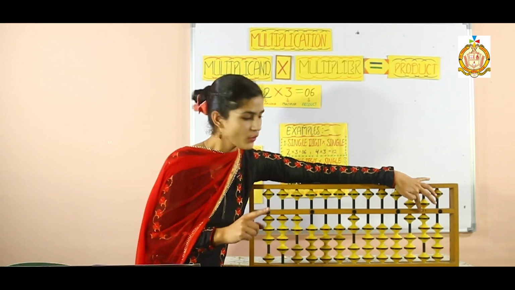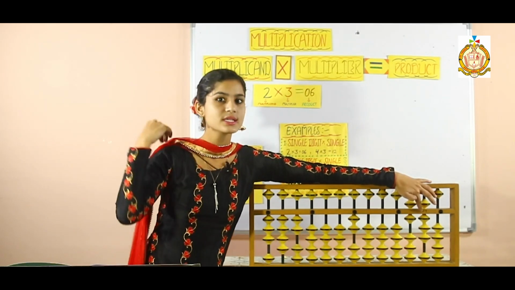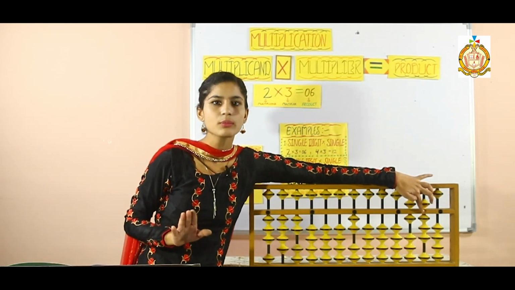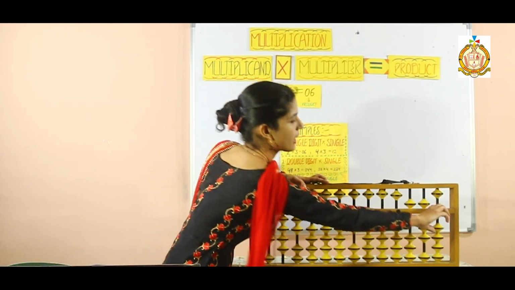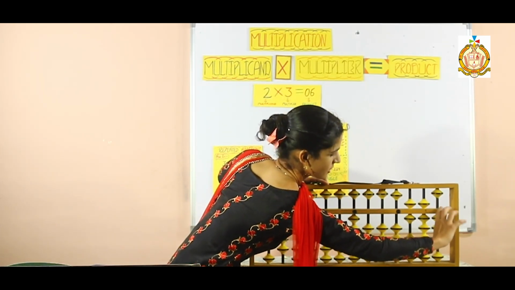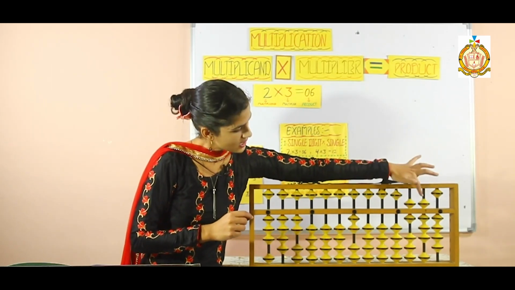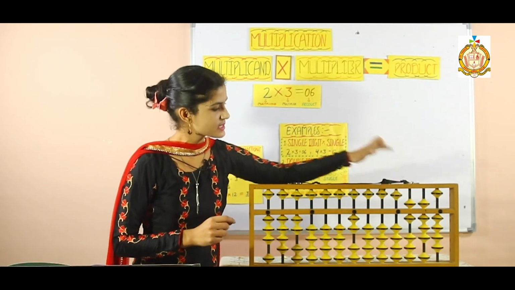Place your finger on the second rod. Now your next multiplicand digit is 2 and the multiplier is 2. 2 into 2 is 4. Again a single digit, we need 2 digits, so we keep 0 in front of 4. So our answer is 0 4. Here we will add 0, so no need of adding any bit because 0 value is nothing. Then next 4. We have to add 4 here. So what is the answer? Count the bits. 5 plus 1 is 6, 5, 6, 7, 8 and next 4. So your answer is 684.